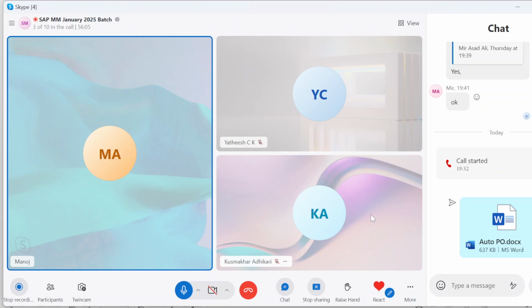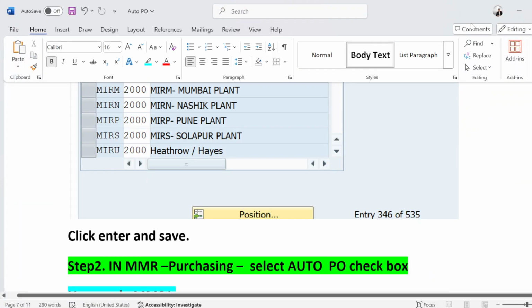Just go through the lecture and practice that. The last step will be pending. I will try to resolve that by tomorrow with the help of ABAP.